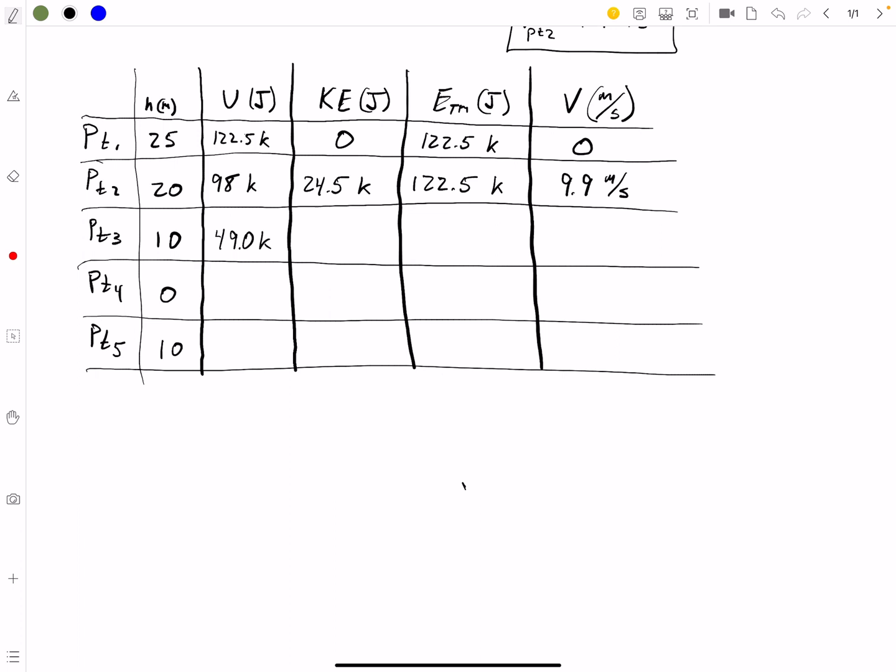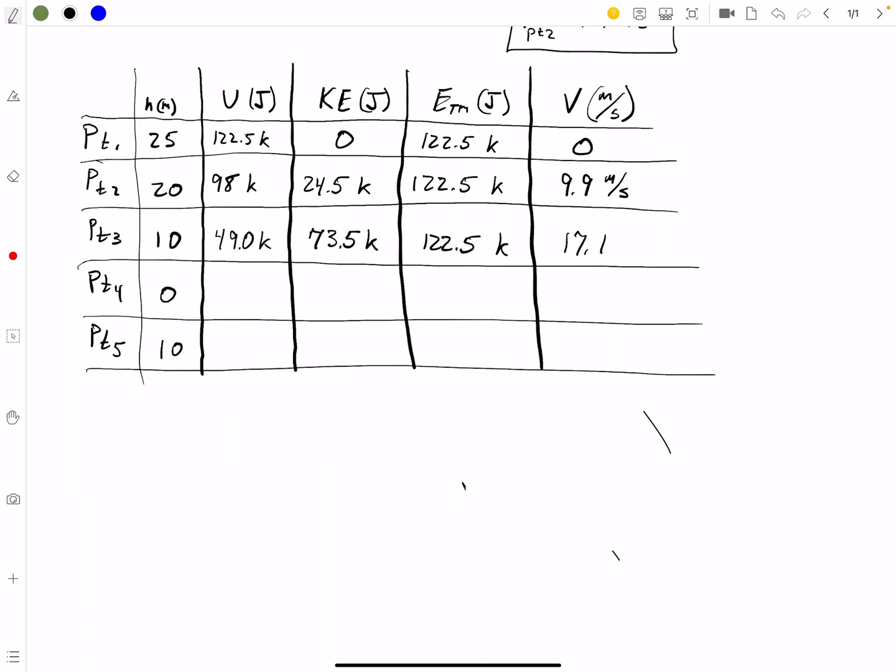You want to go through and make sure you can fill in all of these boxes, okay? If I were you, I would know how to do that for the test. And let's see, we end up with 17.1